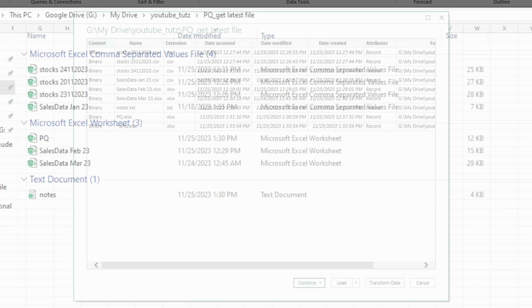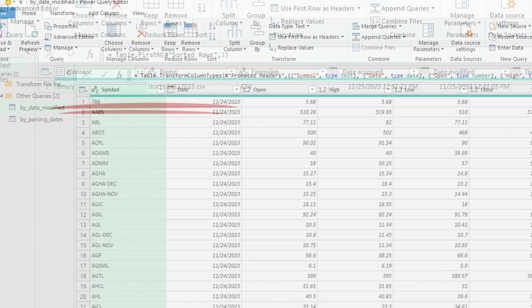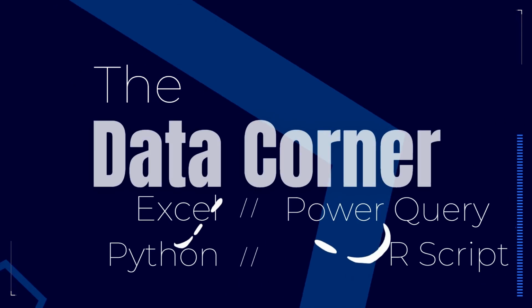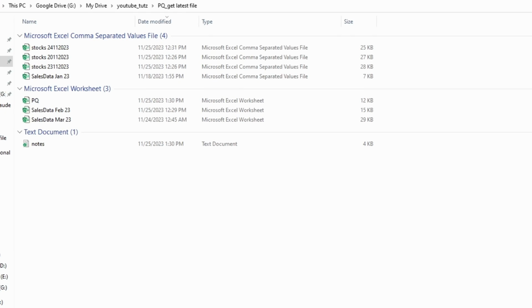In this video, we will look at how we can load the latest modified file from a folder with a specific extension and a file name. In our current folder, we have some files with stock data, and a few sales data files in CSV and in Excel format as well. The latest modified file we are interested in will be the stocks file in CSV format. So these files here, the latest file we want to pick should be the one that is latest modified, 12:31